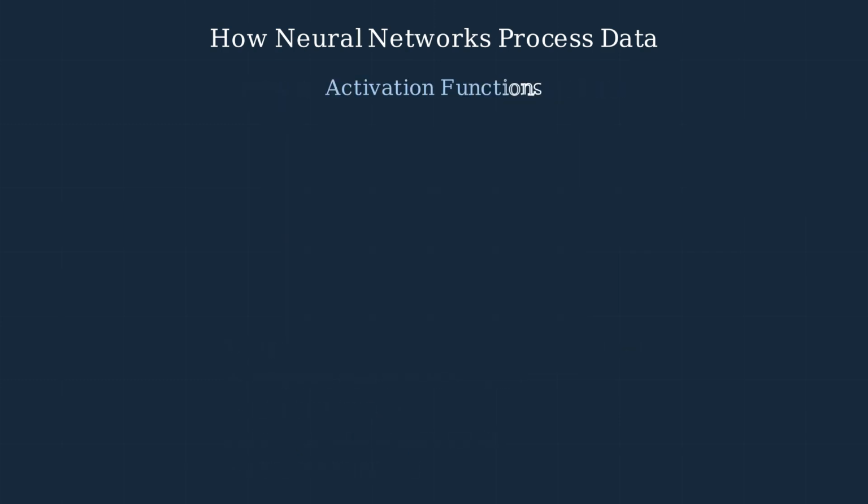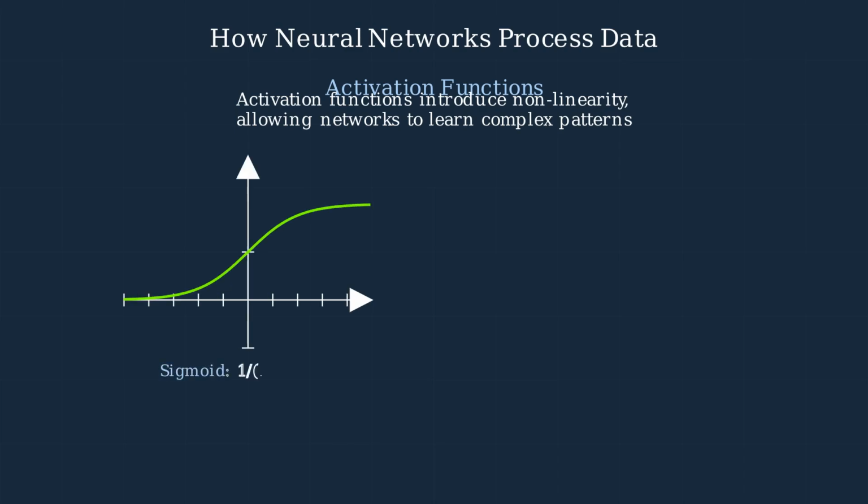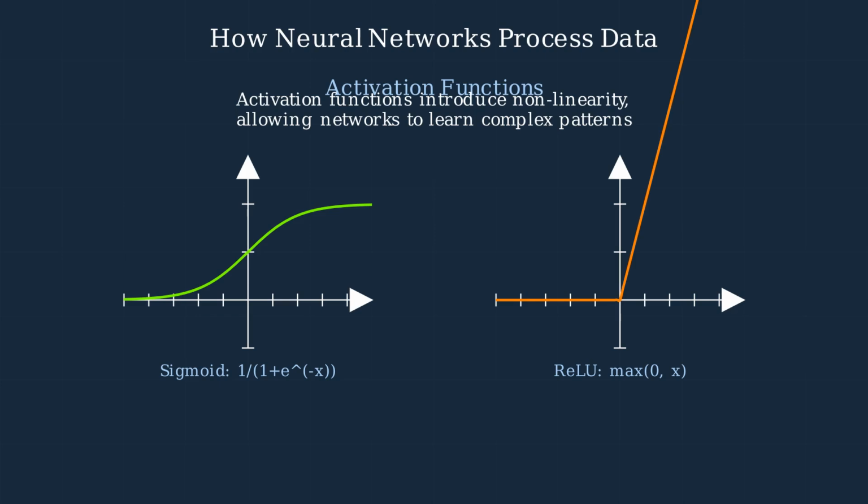Activation functions introduce nonlinearity into the network, allowing it to learn complex patterns. Two common activation functions are sigmoid, which squashes values between 0 and 1, and ReLU, which outputs the input if